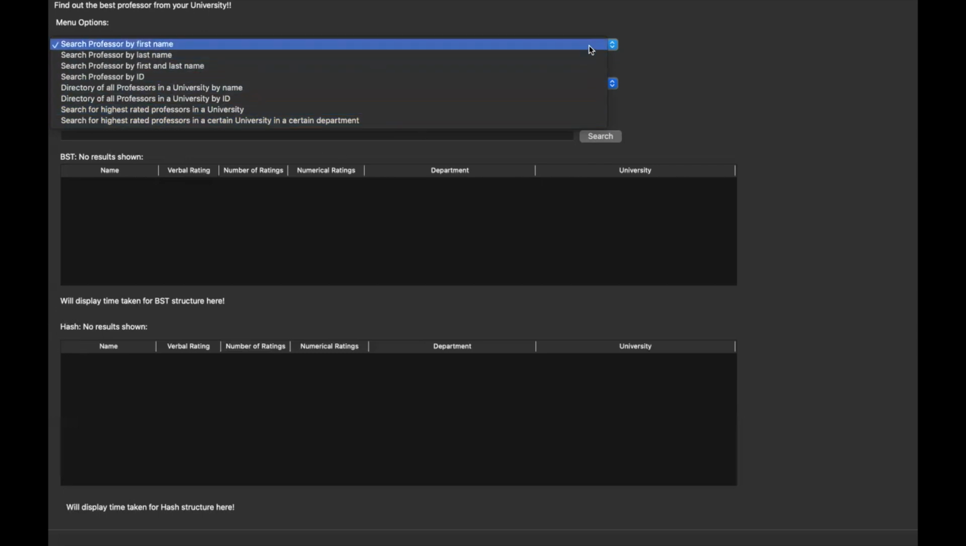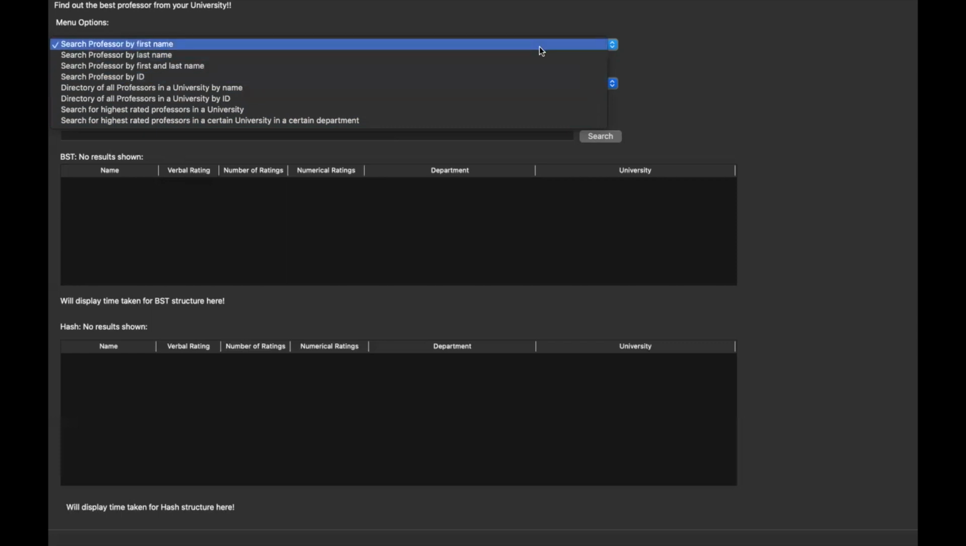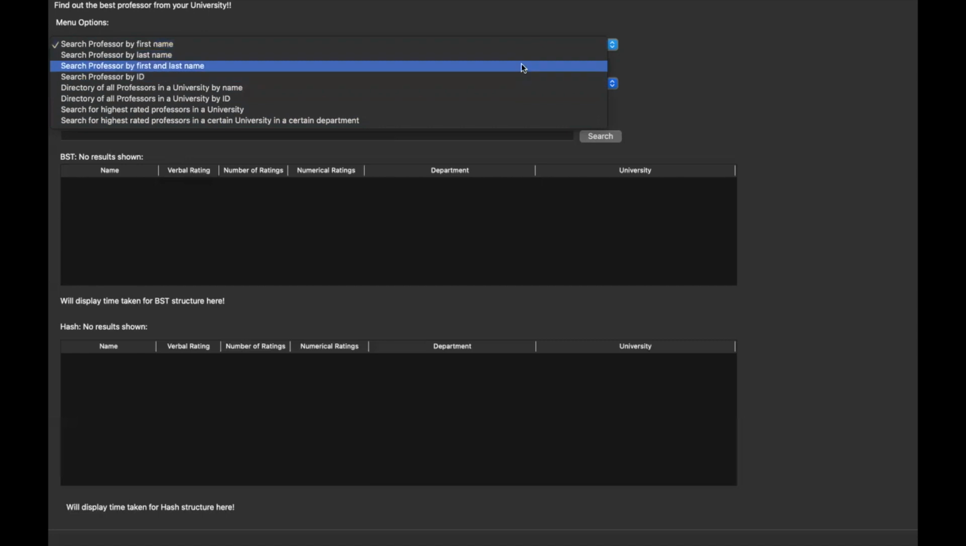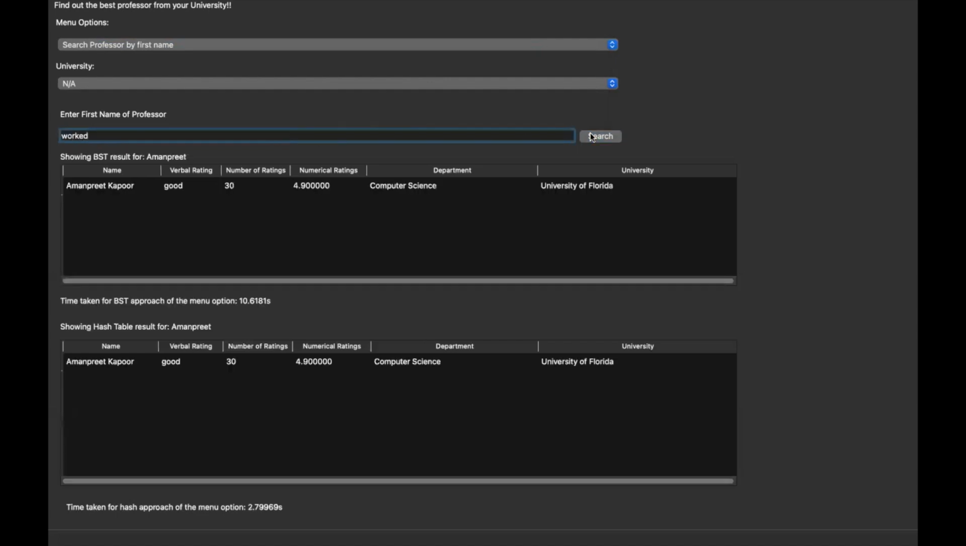The first 4 options utilize unique identifiers to find specific professors. Note that the time taken for hash tables is generally shorter than that of a BST. Menu option 1 searches for a professor in all universities by their first name. For example, if we type in Amanpreet, we get the information of every professor with this first name